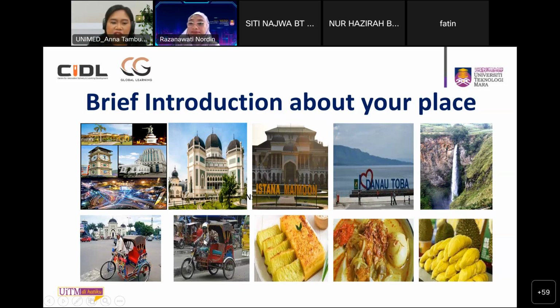So this is our traditional transportation, yeah. Well, I don't think you have this kind of becak day in Kuala Lumpur. Okay, then you know this, right? This is durian. You like durian, right? And this one is lontong sayur. Almost the same. Favorite. Yes, yes. Do you have lontong one day? I think I once had lontong sayur one time in Kuala Lumpur. How was it? Good, very good.